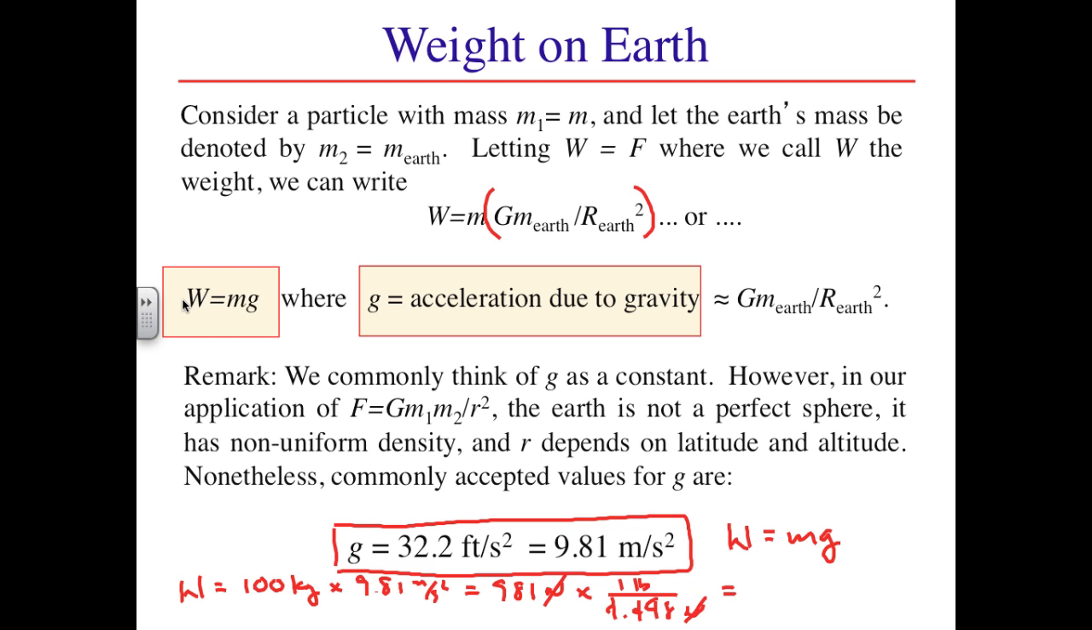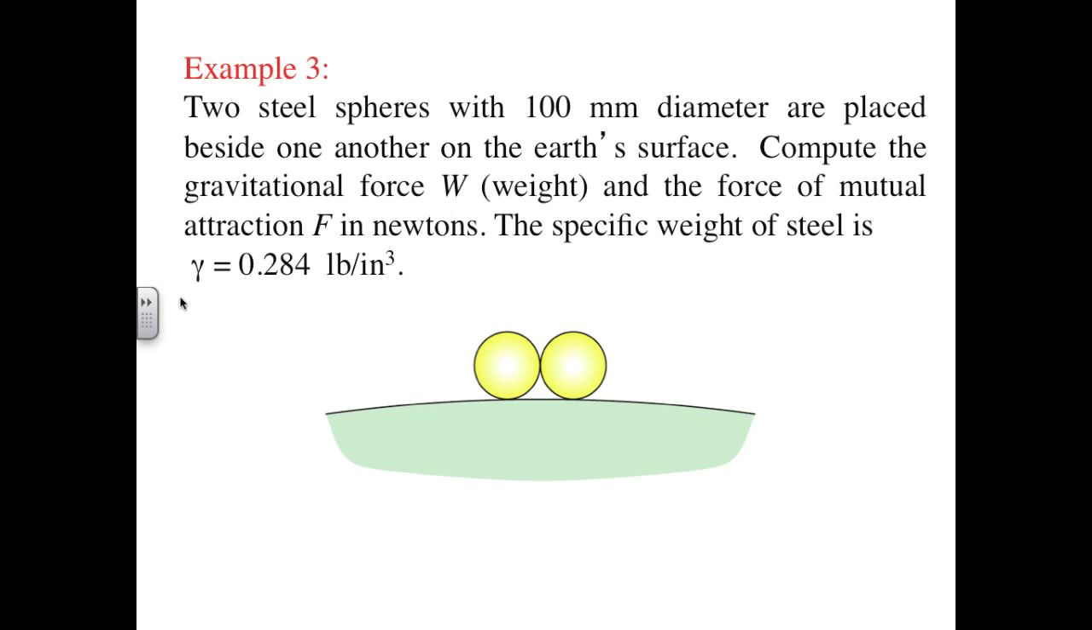That gives us a value of 220.5 pounds. And we can then say that a 100 kilogram mass is equivalent to a weight of approximately 220 pounds on Earth. As a final example, we'll consider this problem involving two small spheres placed adjacent to one another on the